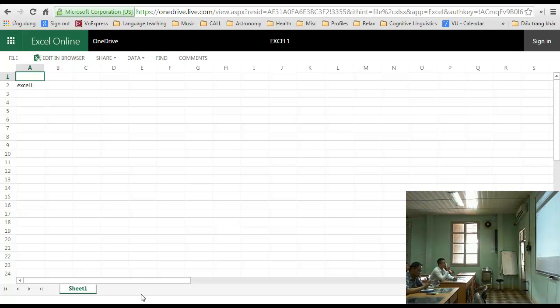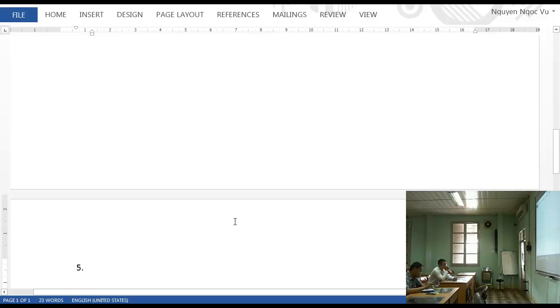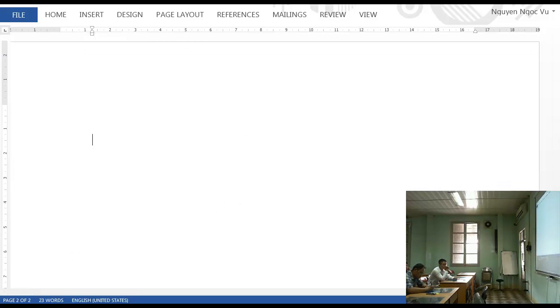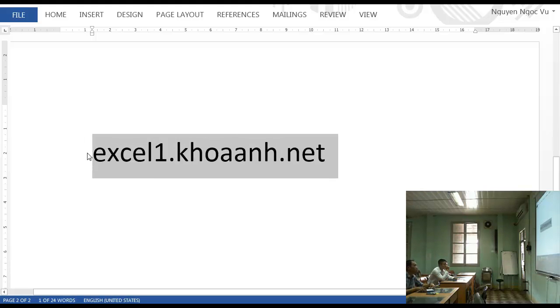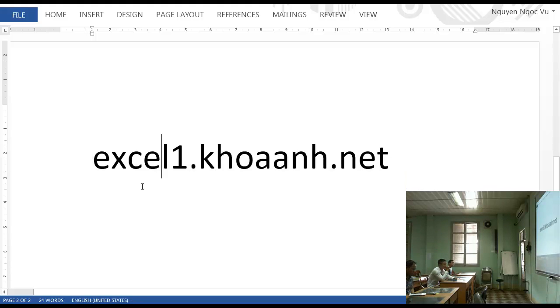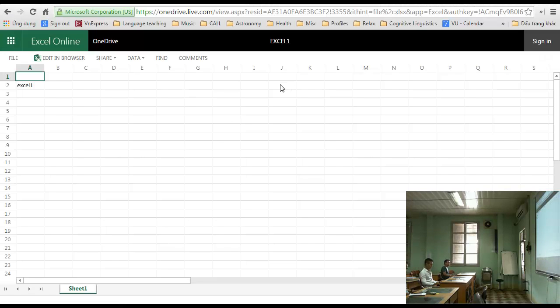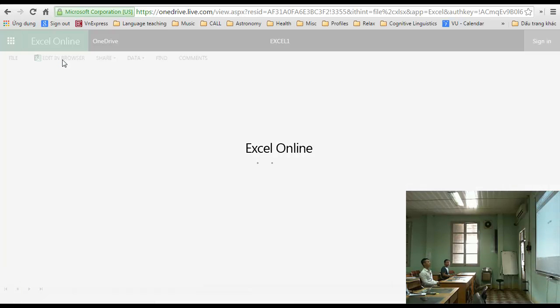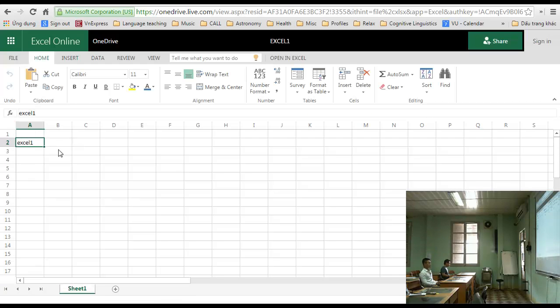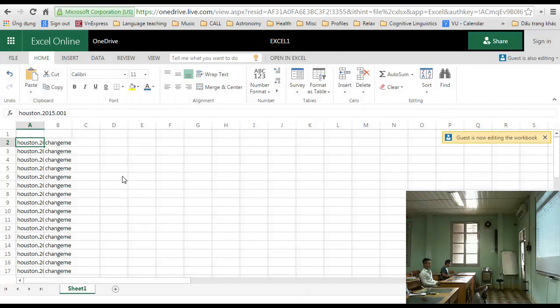Now, first thing I wanted to do is to go to this link, excel1.net. Okay, so open your browser and go to this link, excel1.net. And this is what you see, it's an online Excel file. Click on Edit in Browser, and then you see, right,